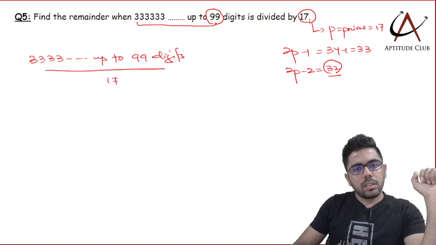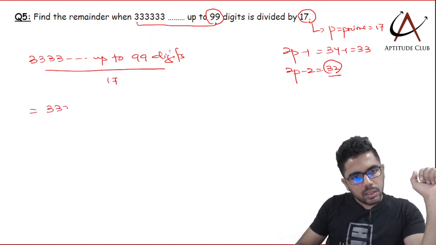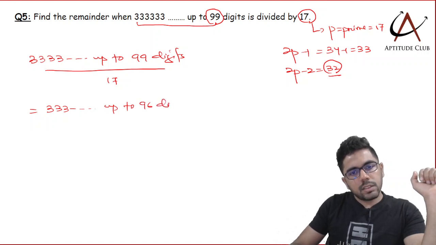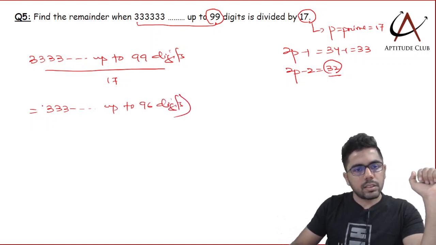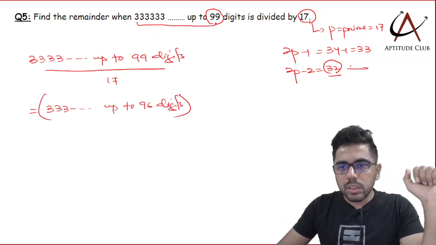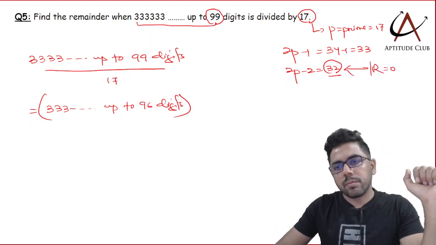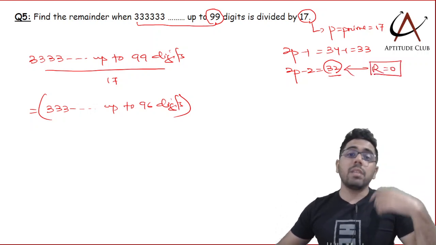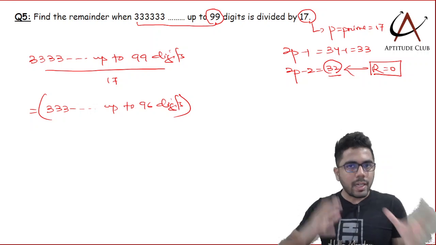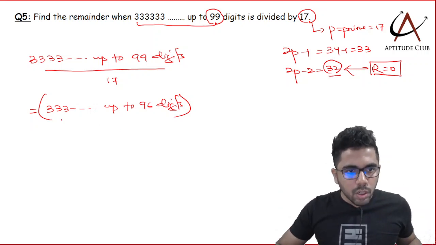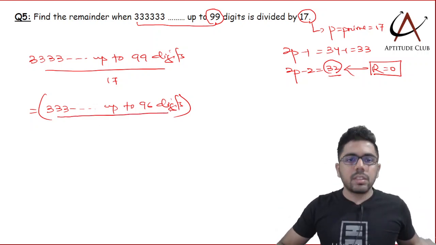डिवाइडेड बाय 17। इसको ऐसे लिख सकते हैं 333 अप टू 96 डिजिट्स। व्हाई डिड आई टेक 96? बिकॉज मेरे को 32 डिजिट्स में रिमाइंडर 0 मिलेगा, 32 में रिमाइंडर 0 और एनी मल्टीपल ऑफ 32 आल्सो रिमाइंडर 0, सो 96 इज अ मल्टीपल ऑफ 32, तो आई नो टिल दिस 96 डिजिट्स द रिमाइंडर इज 0, तो